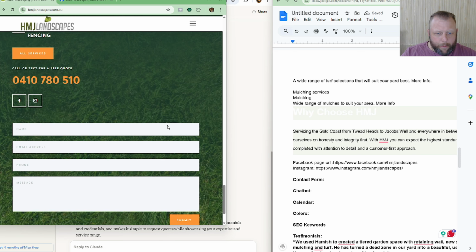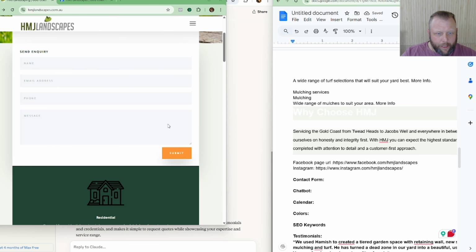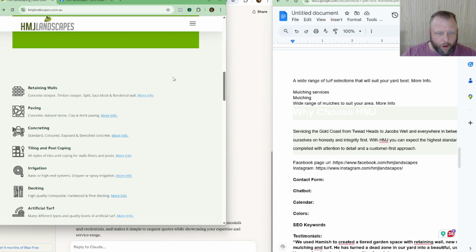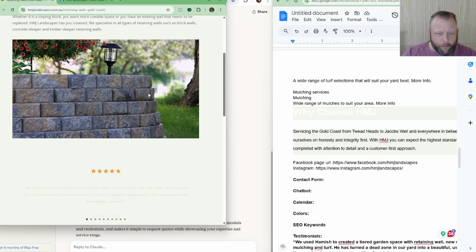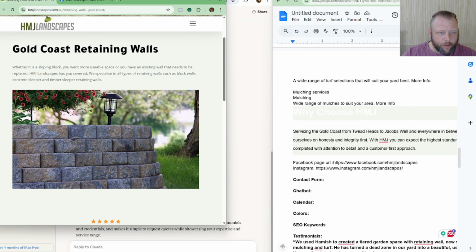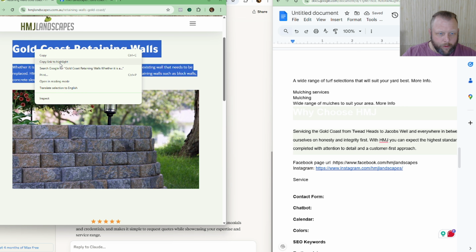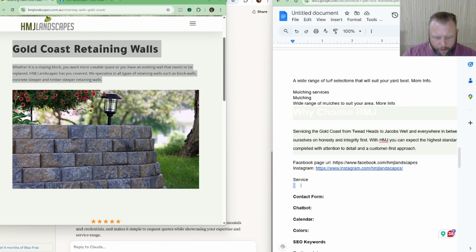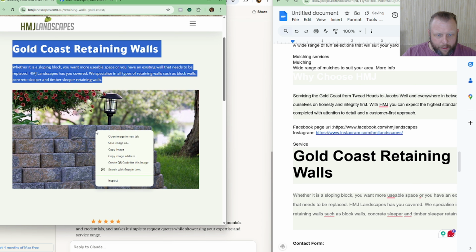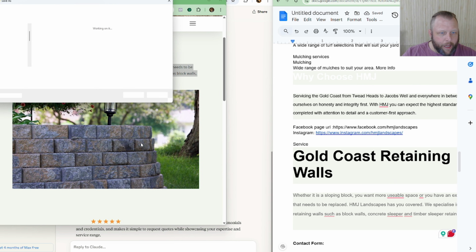Now let's see what happens when we add all the services in here, because I can probably use these icons as well. I'm just going to say more information, retaining walls. Alright, services. So I'm going to copy this retaining wall, copy, paste, save image as